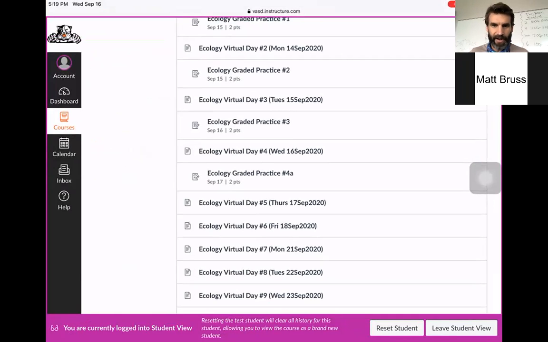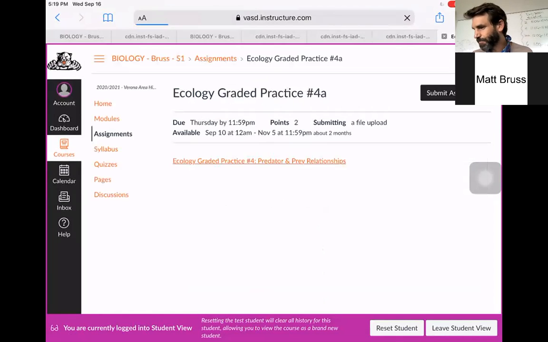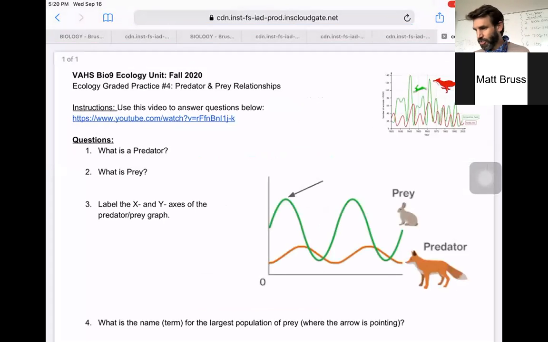This is ecology graded practice number 4. And 4A, because I was getting confused. It's a whole Canvas issue, but it's right there, ecology graded practice number 4. If I click on that and I click through, this is due tomorrow. It should take about 30 minutes. And don't get hung up if you're not understanding it, but I think the video does a pretty good job